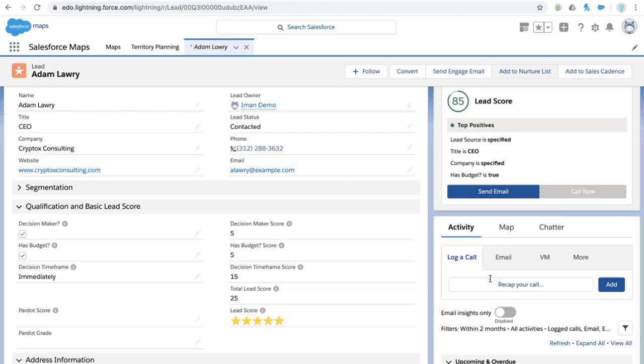So we can use his engagement with us to score him as well, okay? And so there's a product called Pardot. That's an add-on that we have. It's a marketing automation tool, but essentially it can track email opens, clicks, page views, form submissions, and assign scores based on that. And then right here, you could have another score and another grade update in real time. So you can see scores based on what you care about, scores based on what Salesforce thinks you should care about, and scores based on actual engagement with your content, letting them know how interested they are.